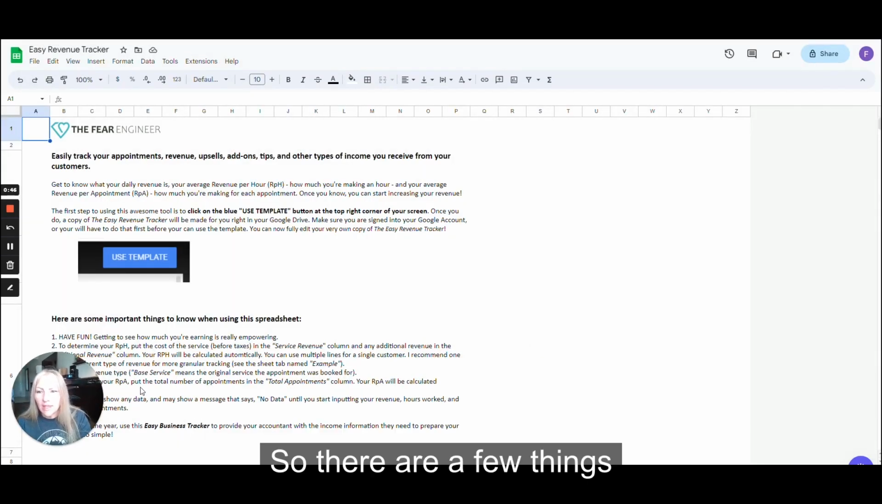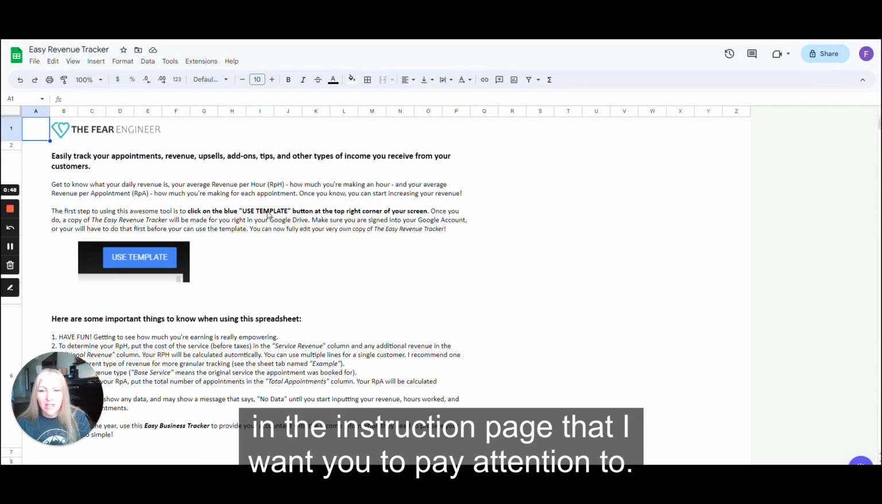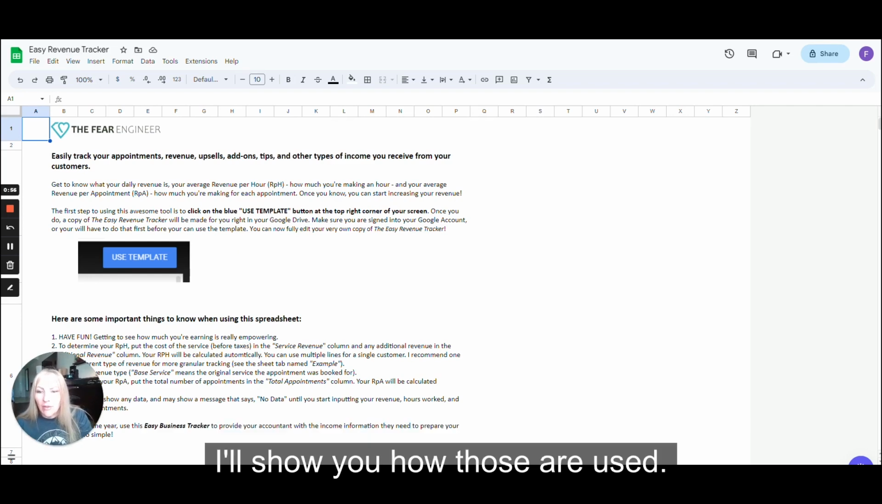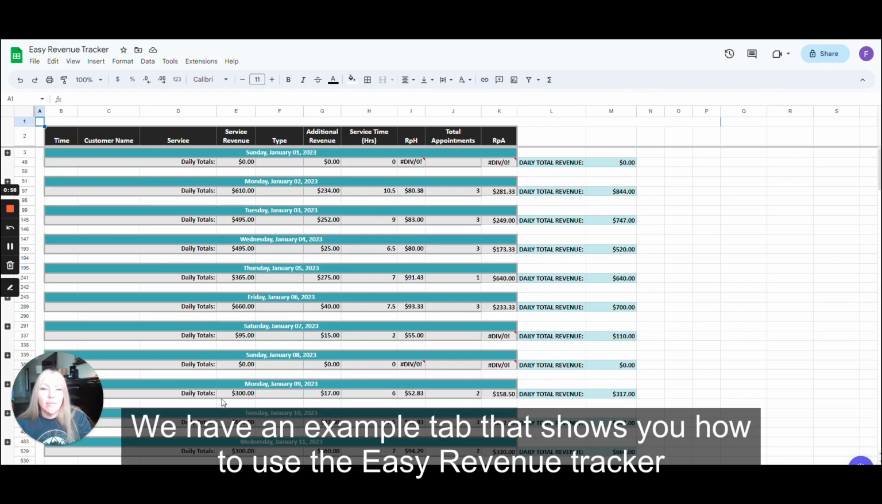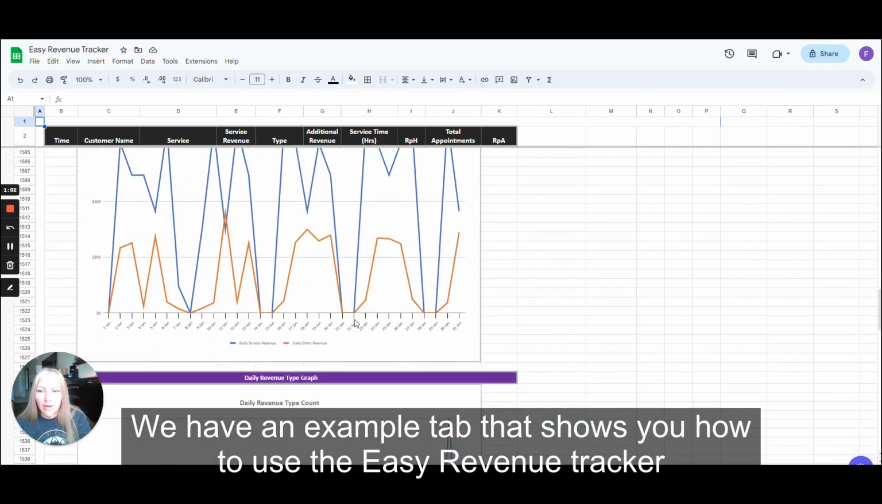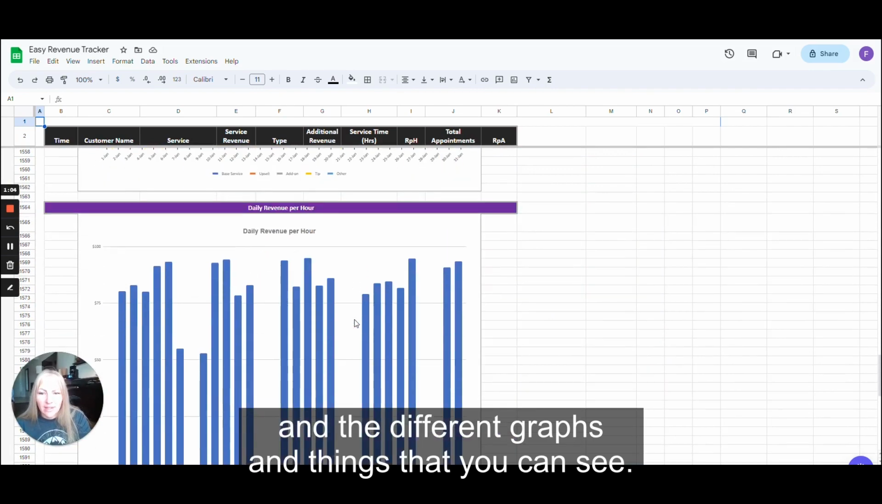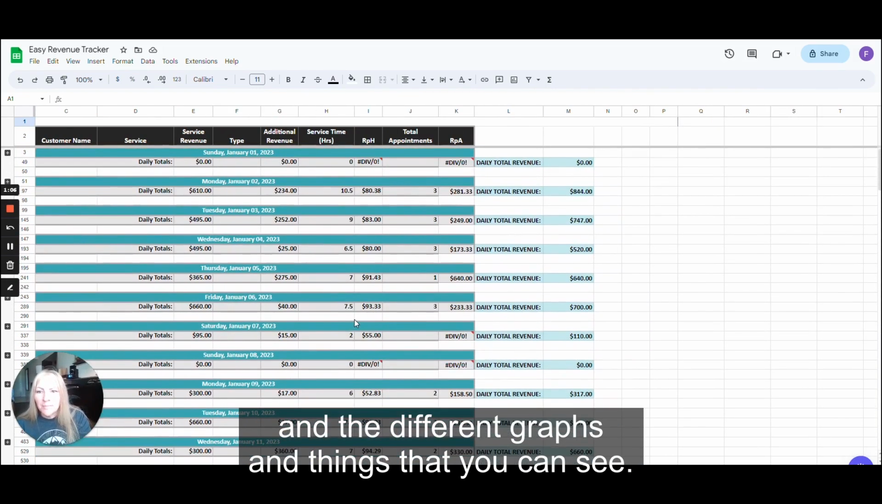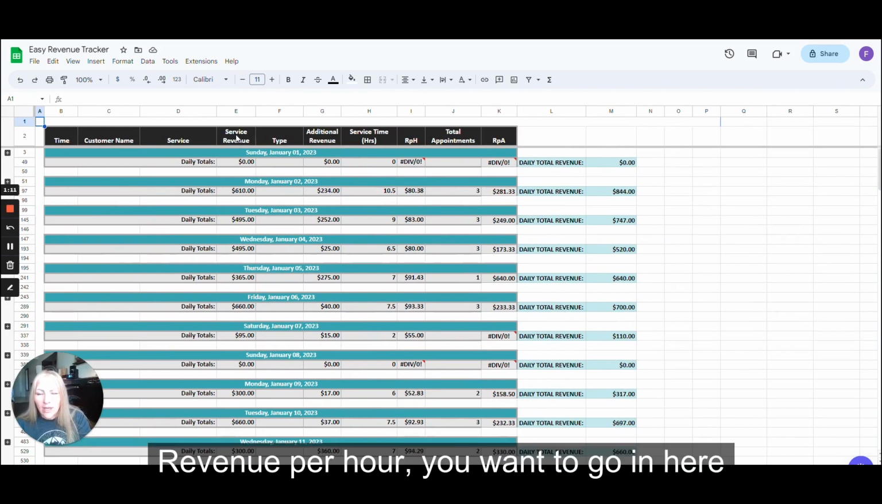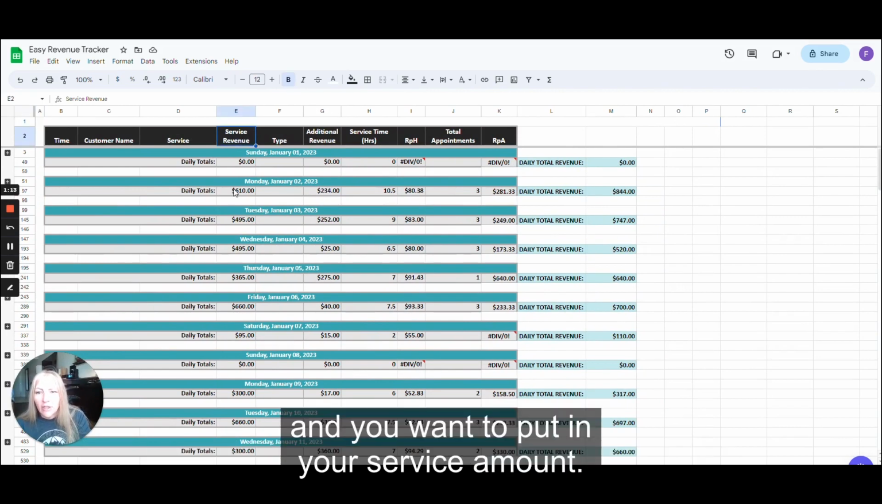There are a few things in the instruction page I want you to pay attention to. The RPH, or revenue per hour, and the RPA, or revenue per appointment. I'll show you how those are used. We have an example tab that shows you how to use the Easy Revenue Tracker and the different graphs and things that you can see. So revenue per hour, you want to go in here and you want to put in your service